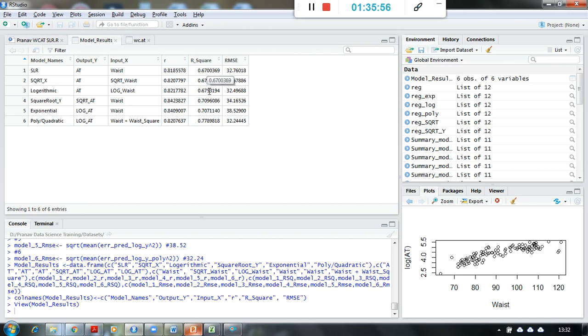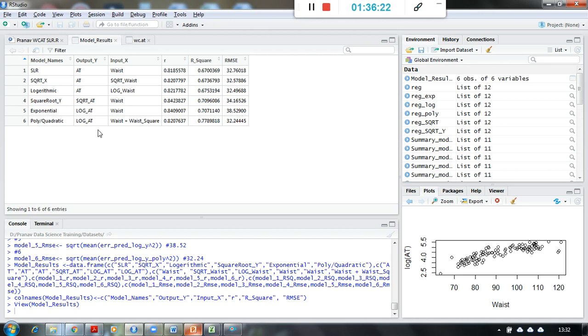I mean better than the earlier three models, okay, less than this but better than this one. And then RMSE has also gone up like anything. This is the highest, so this is the worst model, okay. Exponential model is the worst model because here R square also is not that good; earlier models' R square was better, so it has reduced a bit, but RMSE increased over here.